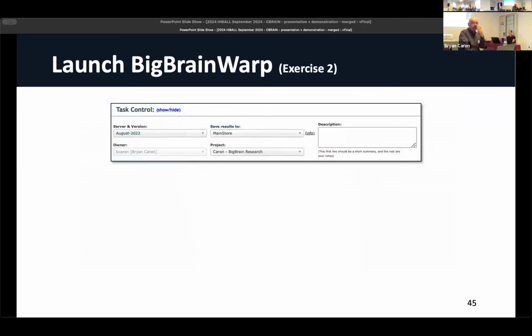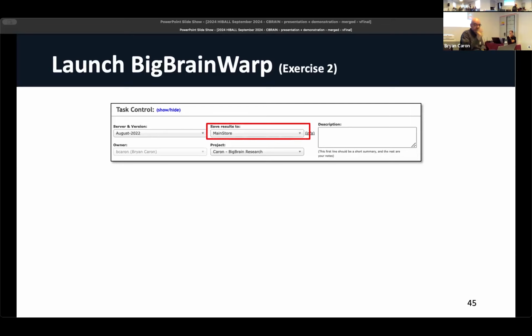And it'll bring you to a menu where you're going to specify 2 different types of settings. The first one is related to the CBRAIN orchestration settings, meaning how do you want to manage the actual task. The second one is about the actual scientific tool parameters itself. Okay. So once you click on launch task, you should get this type of menu controls called task control. Does everybody see that in their information?